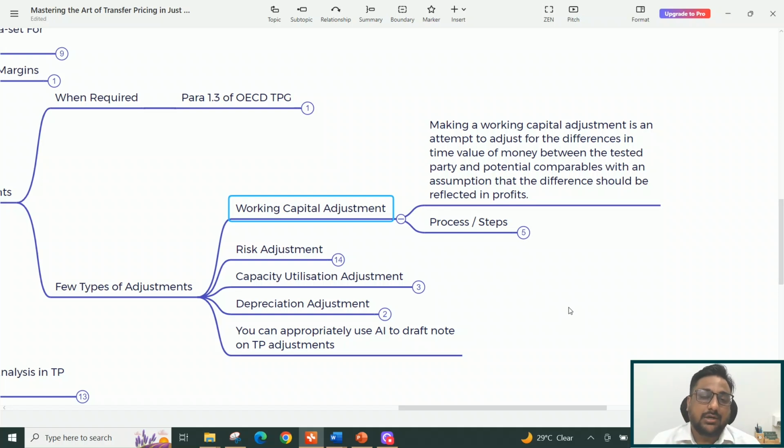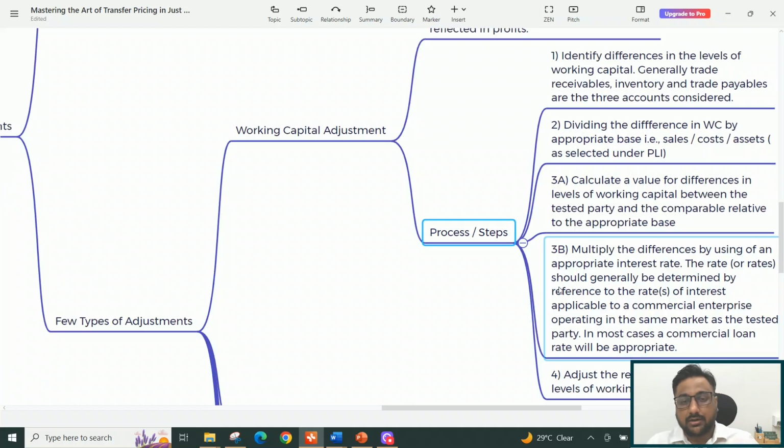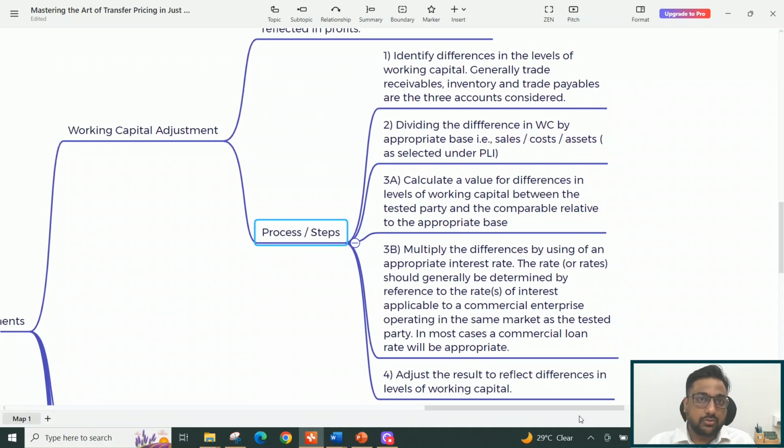So technically, you will take this adjustment when you find there are differences in the working capital scenarios of the comparable companies as also with the tested party. Now, what are the steps for how you should compute this adjustment? Before going into the steps, I would request you to read the file below, which is the extract